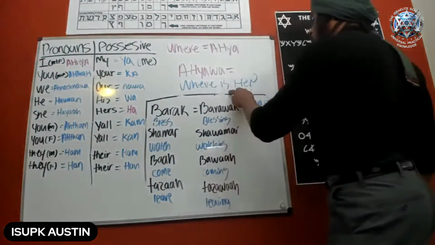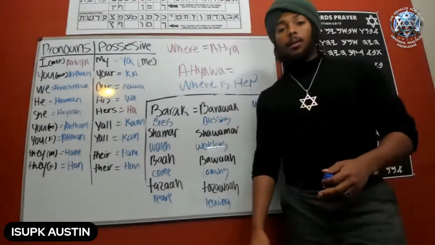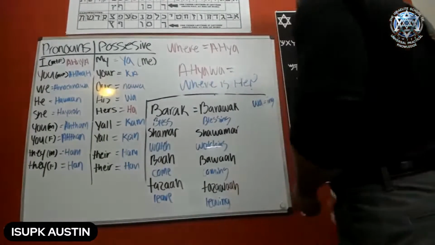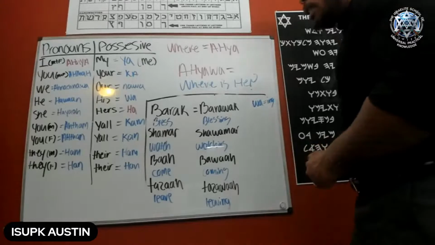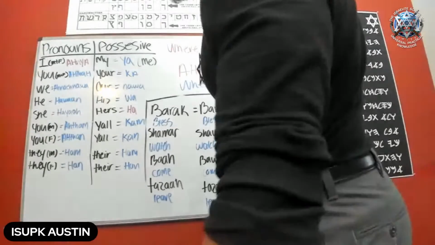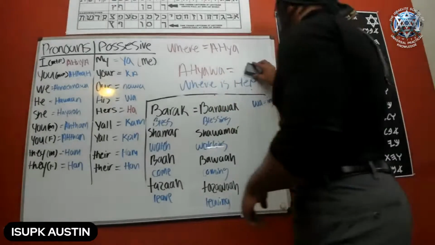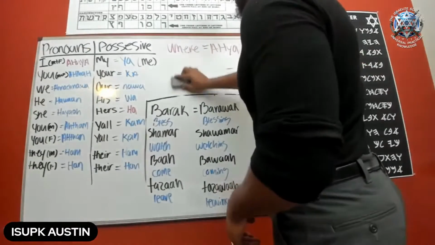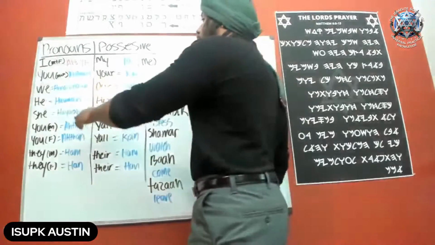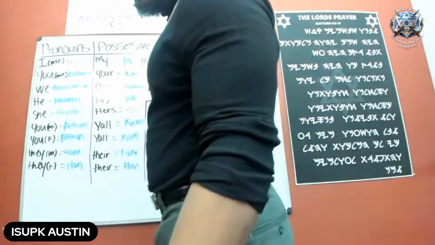Why don't we use "is"? Because "is" is implied, right? We don't use "is" in the Hebrew. Now, how would you say this formally? We would still use ayah, but we have this, hawa'a.